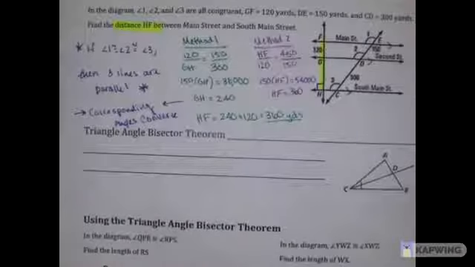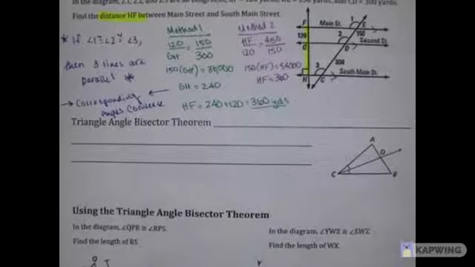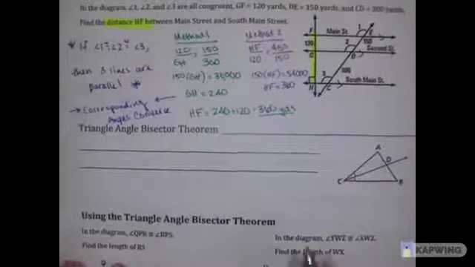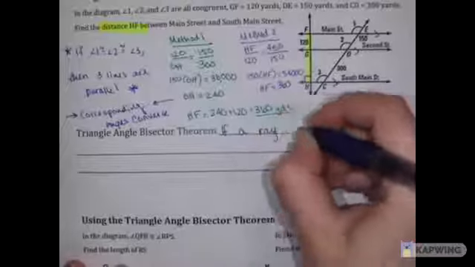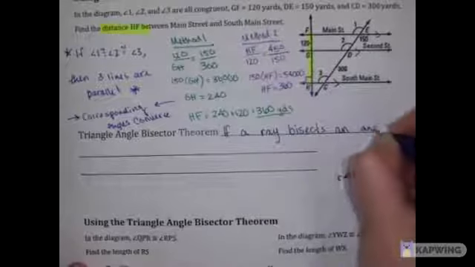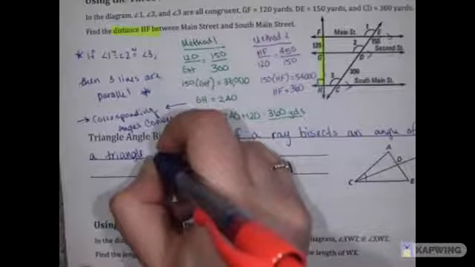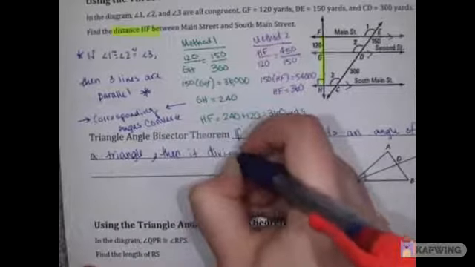All right, and the last theorem of the day, no proofs today, very exciting stuff, is the triangle angle bisector theorem. It has to do with when you bisect an angle of a triangle, which means we're cutting it into two equal pieces. So if a ray bisects an angle of a triangle, then it divides the opposite side